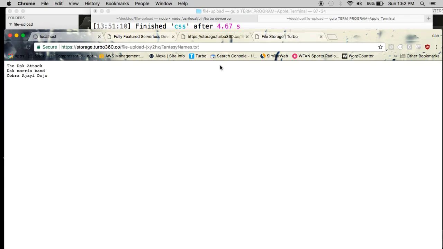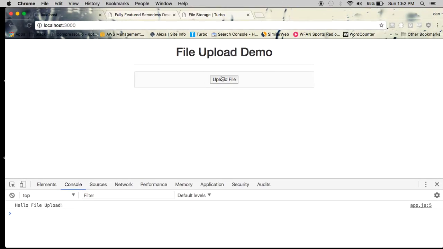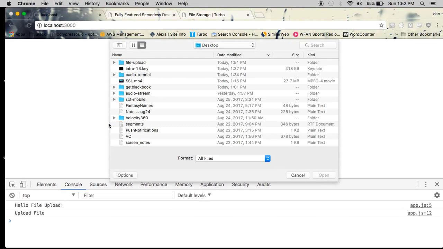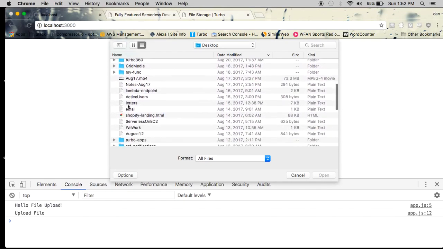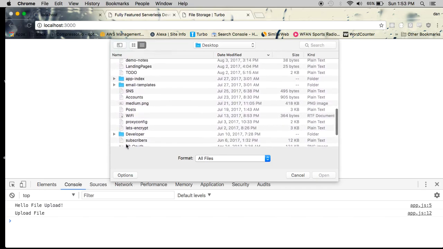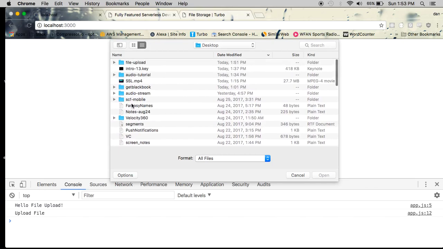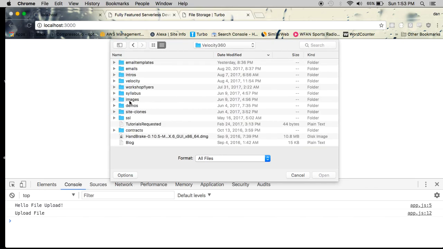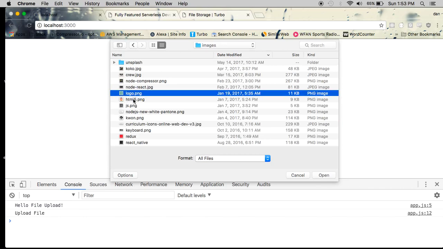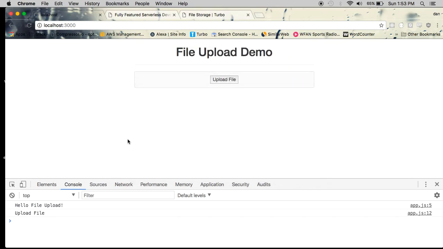And then you can click on view to actually see the file, in this case a text file. But you can upload any kind of file you want, right? So if I reload the page now, and then I upload, let's say, this time I'm going to upload an image. So let's find an image. Okay, so here's an image of a dog. Okay, so if I click on that and then I upload,